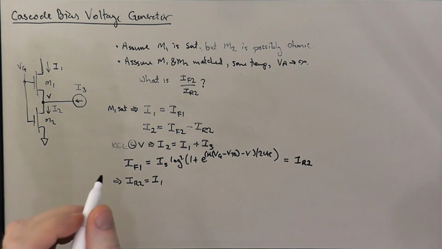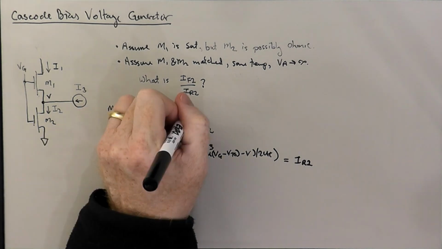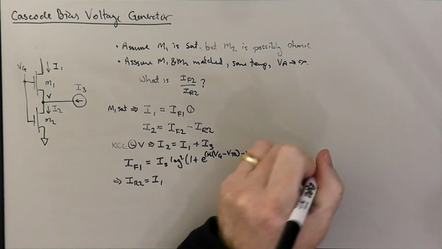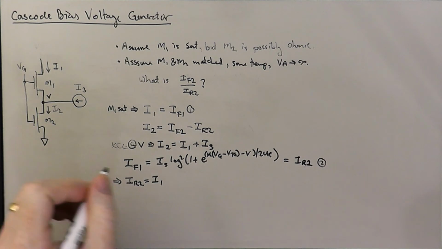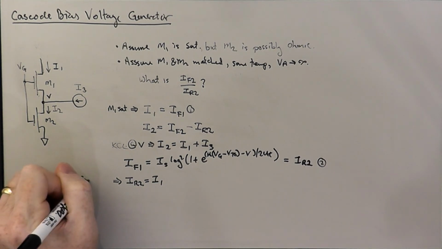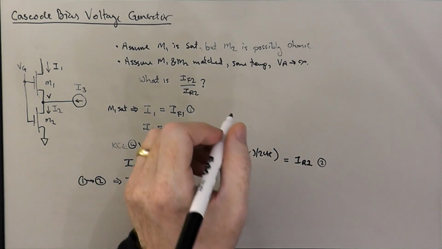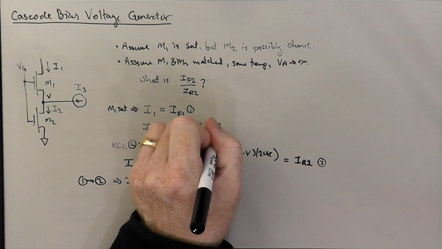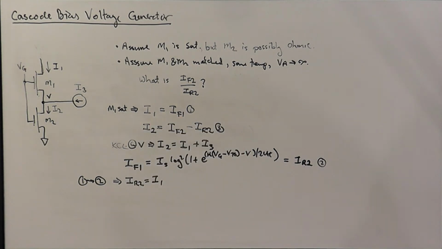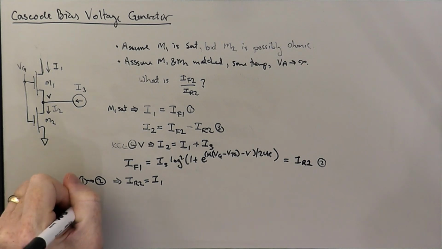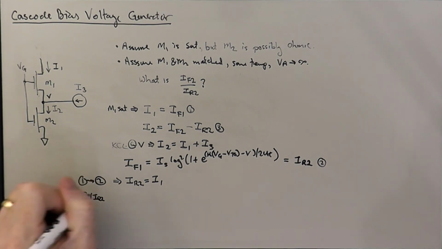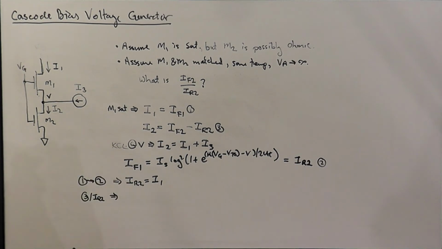So, if you like, that's equation 1, equation 2, let's say. So, 1 substituted into 2 tells us that. And if we take this as equation, let's say 3, we find, if we divide both sides of equation 3 by IR2, we find that